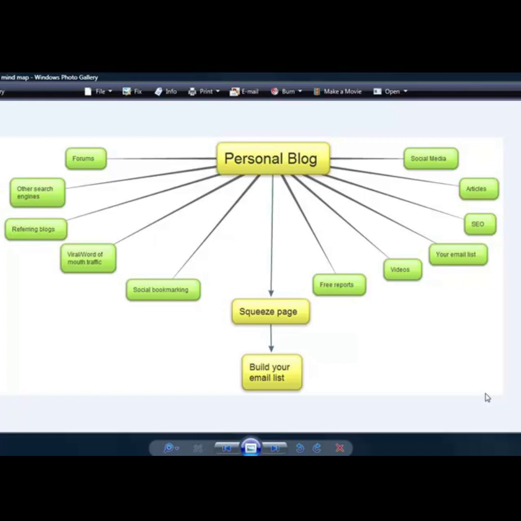Now the first one, social media. It's obviously very important, so you can create Facebook pages and funnel traffic to your blog from your pages. Create articles. EzineArticles is a good directory. There's lots of other article directories out there, so spread yourself around and get your articles out there, driving traffic